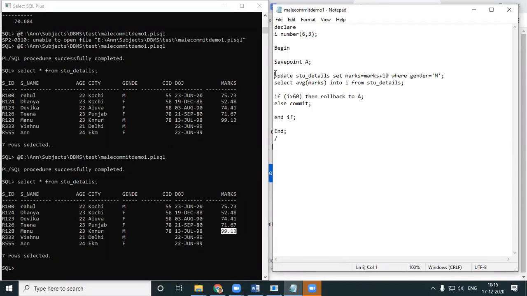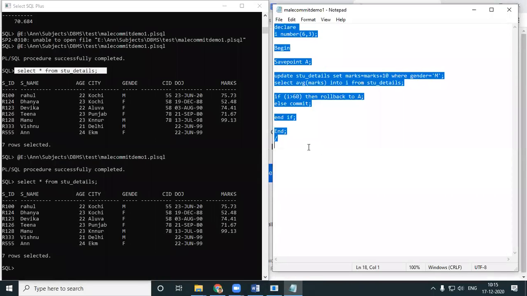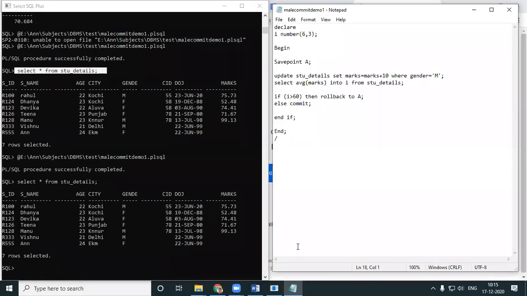Look here, I've got an update query, a select query, an if else, a commit, and a rollback. In your normal SQL, at a time, you can work only on one query. But when it comes to PLSQL, you can work on a block of SQL statements.